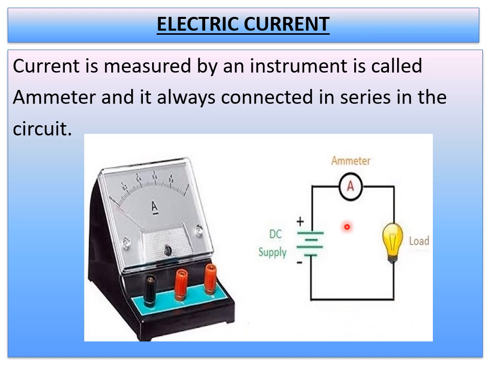In a circuit you have to remember that this ammeter is connected in series, end-to-end connection called series arrangement. So you have to remember the symbol of the ammeter and how it is connected. And sometimes they will mention plus here and minus here also. Those all you have to keep in mind.